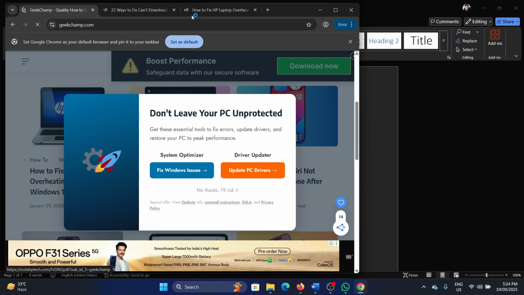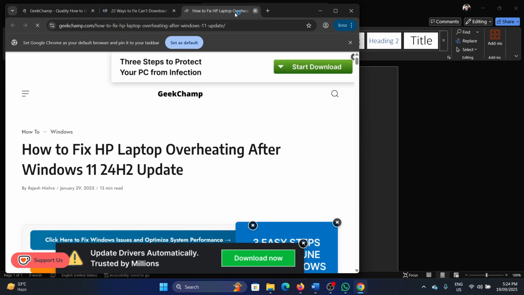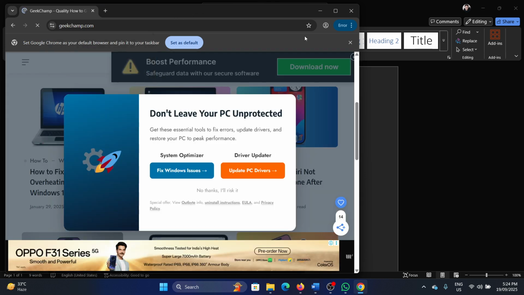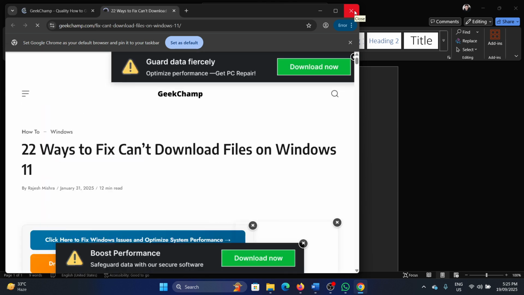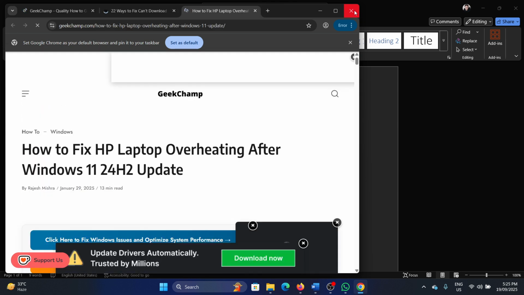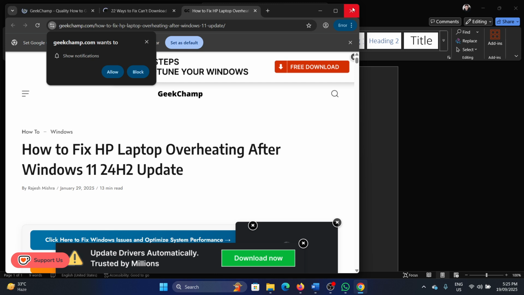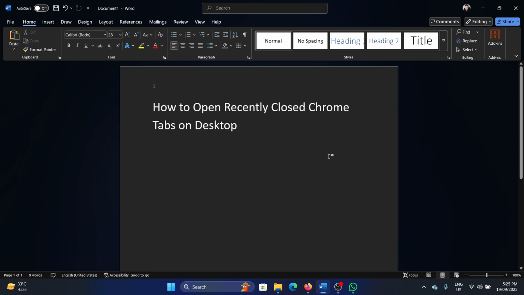Okay. Now let's say I close this tab and I also close this other tab. Now I wish to reopen it. The shortcut is Control plus Shift plus Tab, and then Control plus Shift plus Tab again and again till all of these are open. So the shortcut to open any recently closed tab on Google Chrome is Control